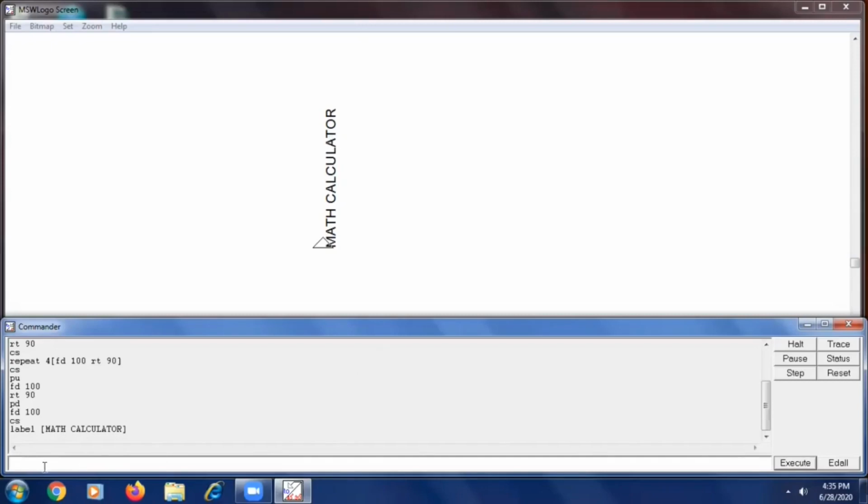If I need to draw a vertical line, then I need to LT 90 or RT 90. For a horizontal line, I have to do LT 90 or RT 90, either one. I'm doing RT 90. So now the turtle is facing a different direction. Now you write label.